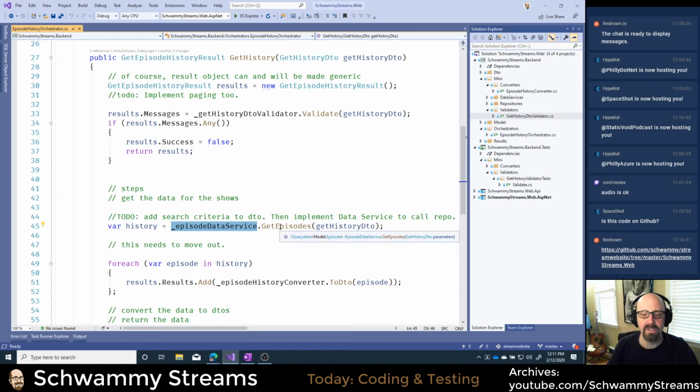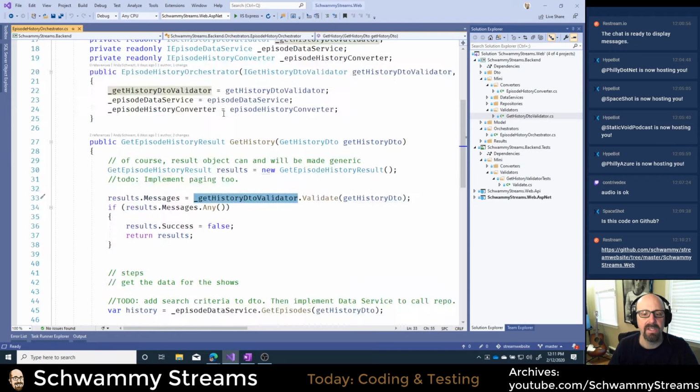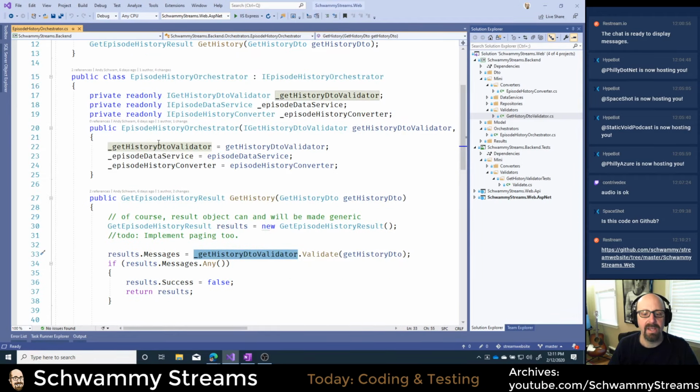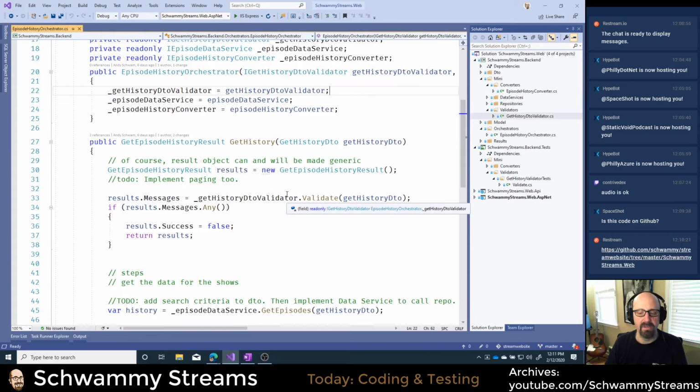I'm still doing unit testing, but I want a unit test that all of my other small units are getting called correctly. And since I've got these things all passed in to my class as dependencies, it gets to be pretty easy to test. So the first thing I'm going to do is use a mocking library to help me mock out these things and help me write unit tests.